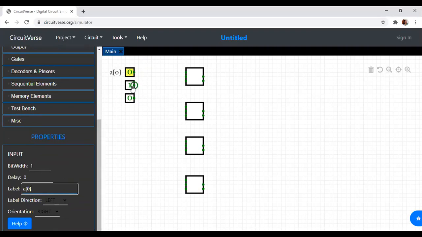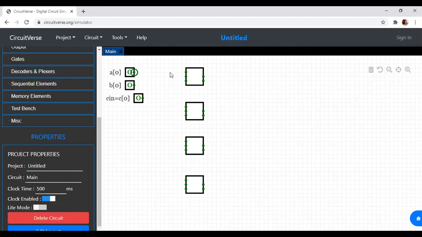The next one I label as B of 0. And this I took as C, which is also equal to C of 0, if you give it in vector format. So now let me join the inputs. So this is A of 0.